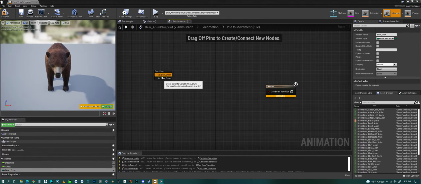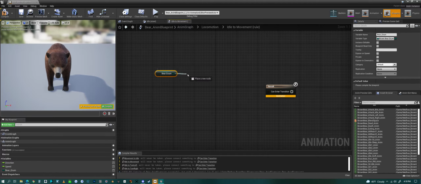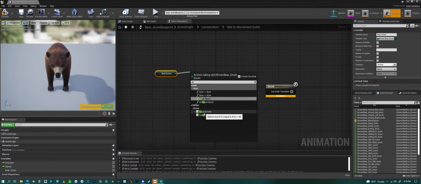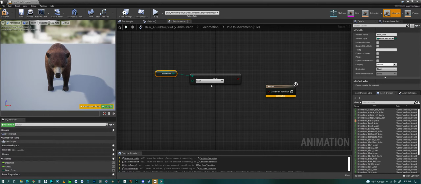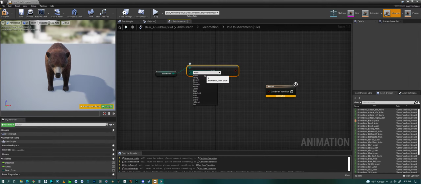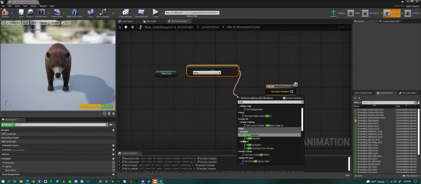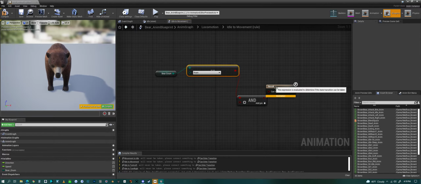Now, if I pull this out, get bear enum, and then I pull off that and type EQ, or you could just use the equal sign, and then you'll get down here equal enum. There is my list, so I could go running or roam, eating, sleeping. All of my options are there. So this one I'm going to use roam, and I'm going to pull off of here and say and, hit enter,